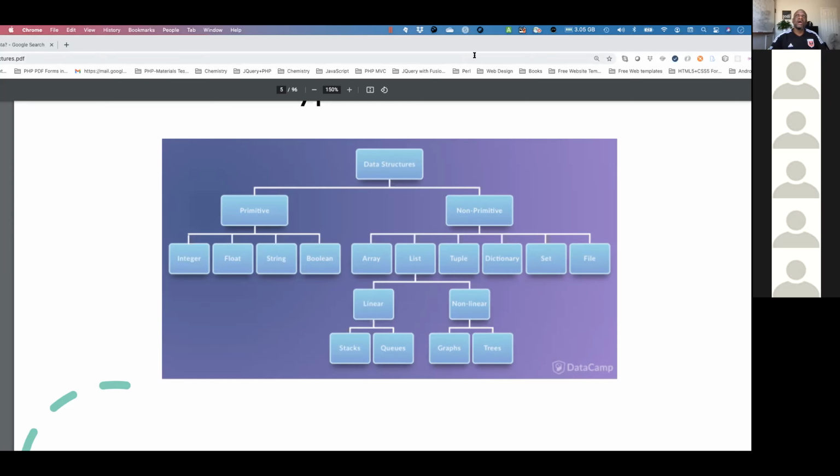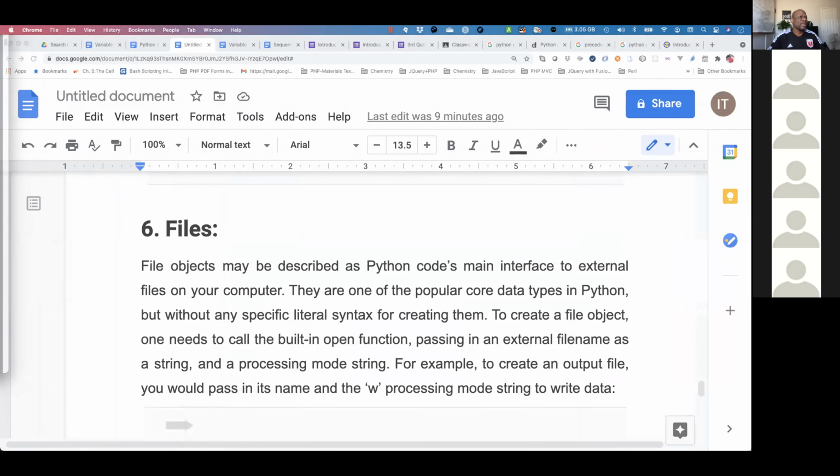Okay. So after bringing that, now let's go ahead and talk about the files. Now that we know where the file falls in, it's under the non-primitive. Now remember, files, if I create a record, my name, my phone number, my address, my email, okay, and all my particulars will be under my record. A group of records collected together will form what we call a file. Okay. Now, a file is a collection of records.